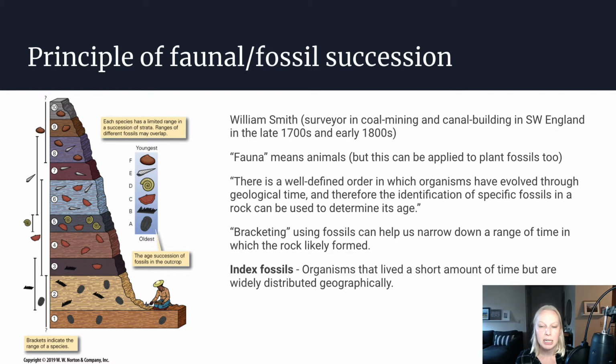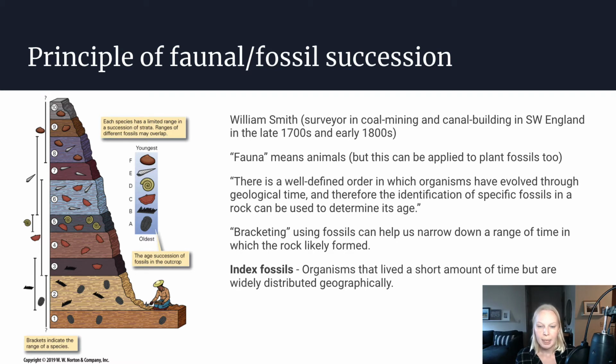Fauna, the term fauna means animals, but this can be applied to plant fossils too. So even though it's sometimes called the principle of faunal succession, it also applies to plant fossils. Basically, this principle just states that there is a well-defined order in which organisms have evolved over time. And because of that, the identification of specific fossils in a rock can be used to determine the rock's age. So if a fossil appears in a rock, you know that that rock is whatever age that fossil typically occurs,